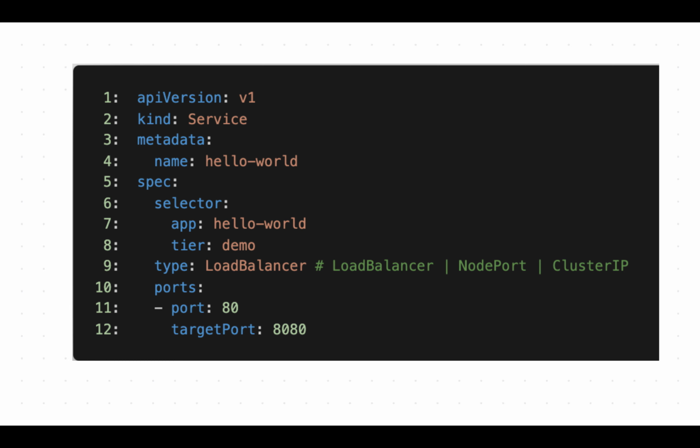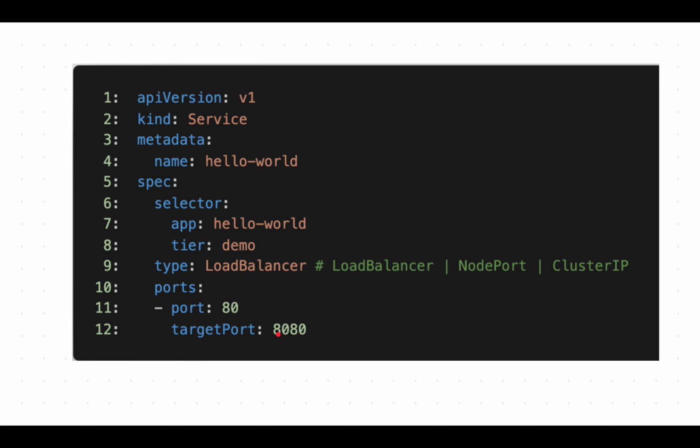So moving on from line 10 to line 12, you are talking about the port. A very interesting part is this, because in this configuration, if you have a type load balancer, users will access port 80. However, the request will be directed to port 8080 on the pod, on the application that you want to route to. That's the configuration here. The port is what the users access. The target port is the port on the application you want to route traffic to.